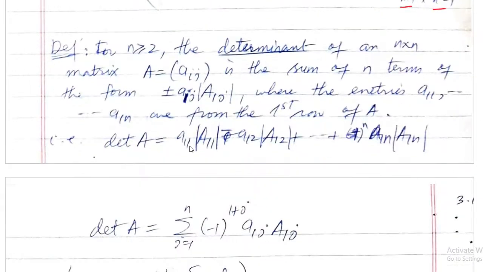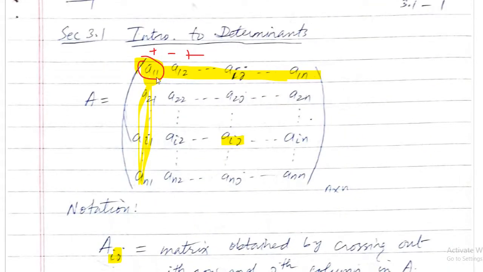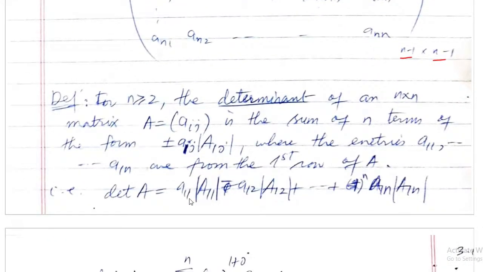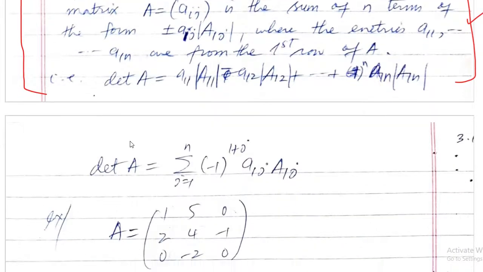Now if we multiply a11, this element, with this Aij, which is just this matrix, right? This is what we do, and keep on doing with the whole row a11, a12 up to a1n. This is simply the determinant. This is the way which we already did in the previous lecture on determinants. We used this method of finding the determinant. So I wrote it in rigorous form here.